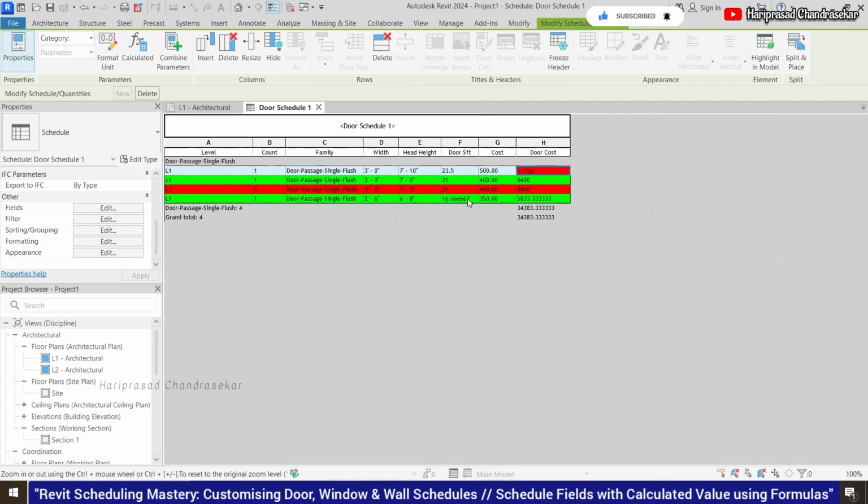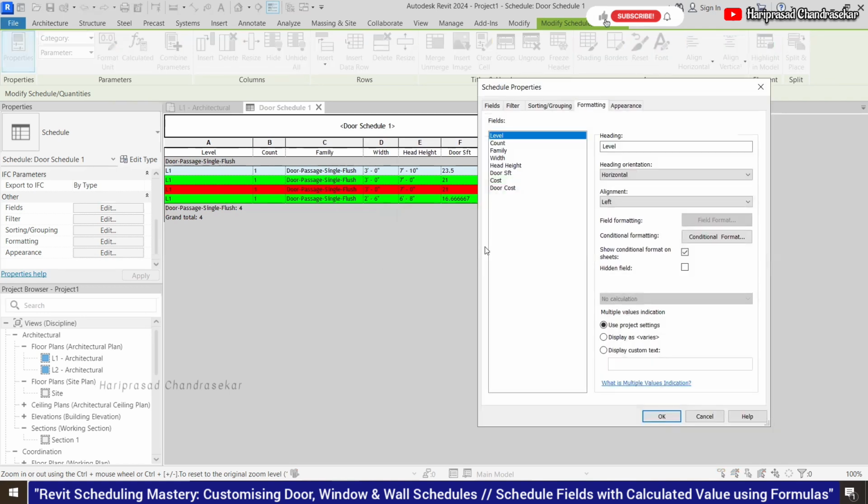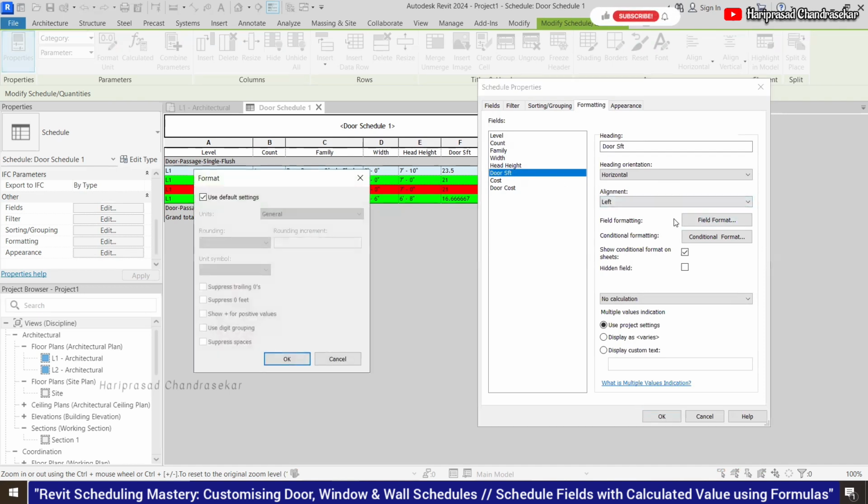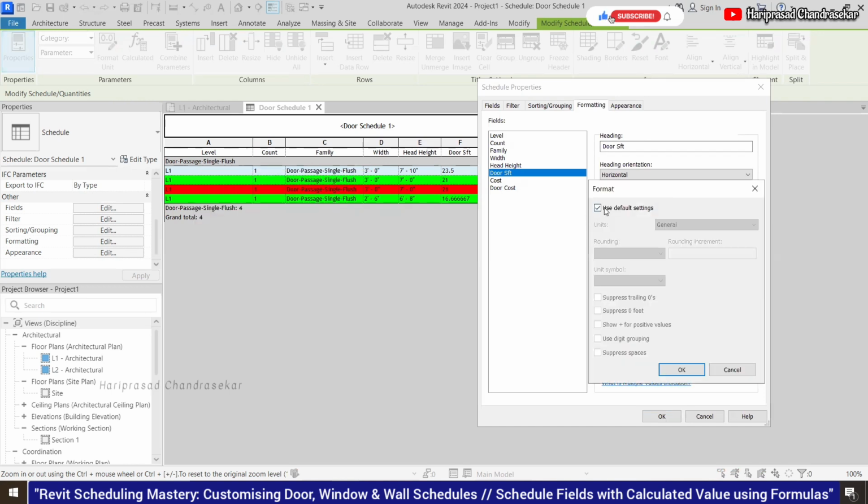Even if you want to round off this and all, we can do that. So in formatting, door SFT. It uses the default setting, but you can change that default setting.